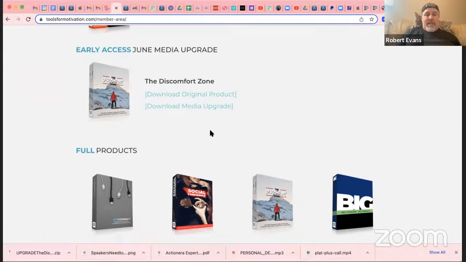And what does that mean? It means they've taken all the articles, all these different pieces of content, and turned those into videos. So with each media upgrade, you get something like 30, 40, or 50 videos, and some of the videos are only a minute long, 2 minutes long, 5 minutes long, which is perfect. And video is king in this world that we're in. People love to watch videos.